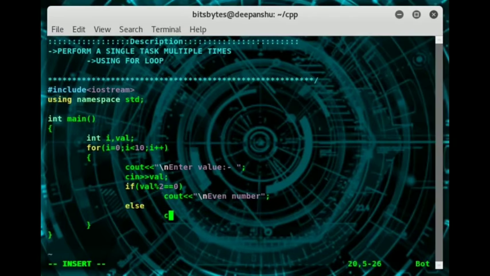It's an increment. This is a unary operator. I am using the unary operator plus plus. It increments the value by 1,